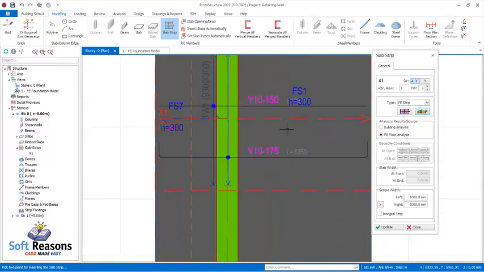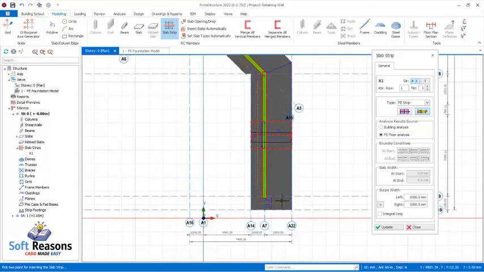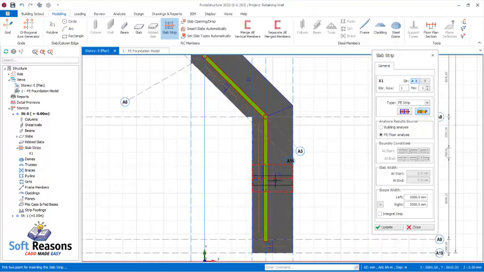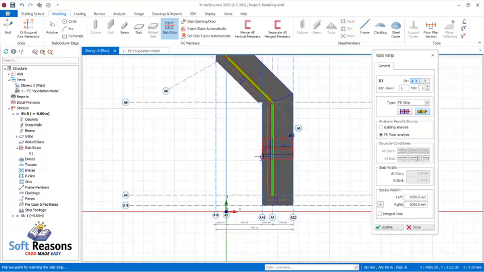So here you're having Y10 at a spacing of 150 in the top direction, and then the bottom is Y10 at a spacing of 175. Sorry, this 175 is for the bottom, and the 150 spacing is at the top, in the X direction. In that same manner, you can draw your strips in the Y direction successfully to be able to have the detailing